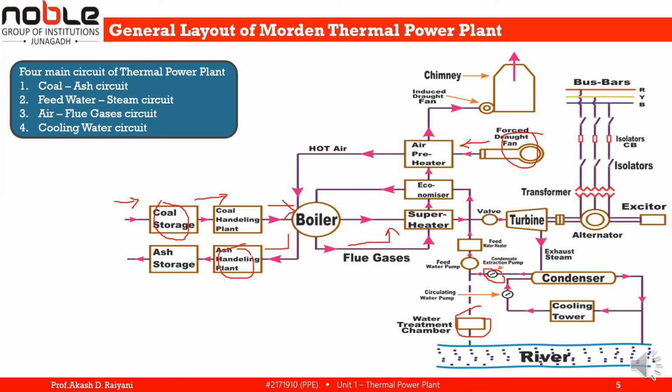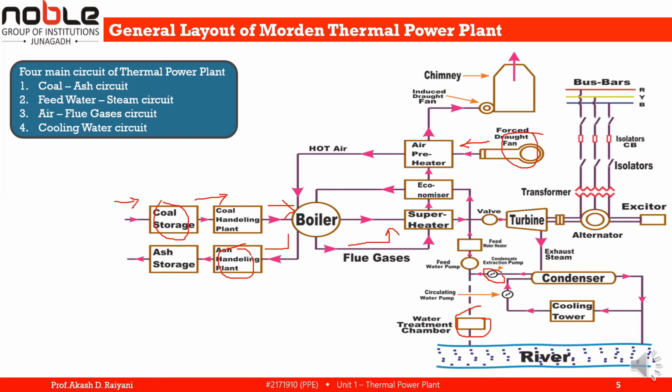Wet steam is converted into superheated steam by passing through the superheater, which is placed in the path of the flue gases. The superheated steam first expands in the high pressure stage of the turbine, is then reheated in the reheater, and again expands in the low pressure stage of the turbine. The mechanical power developed by the turbine is supplied to the generator, where mechanical energy is converted into electrical energy, and the exhaust steam is then passed to the condenser.